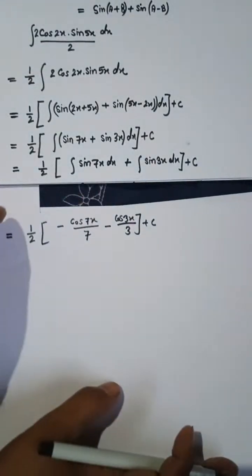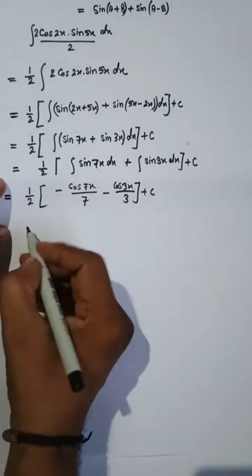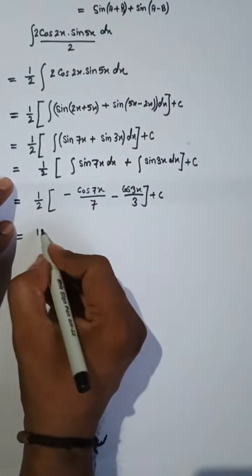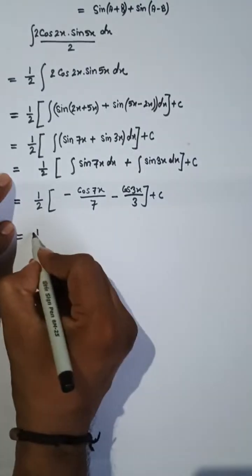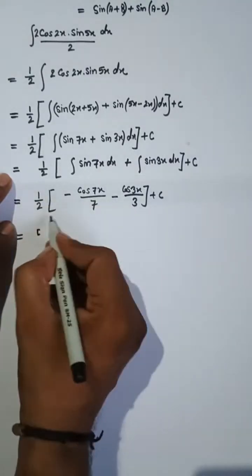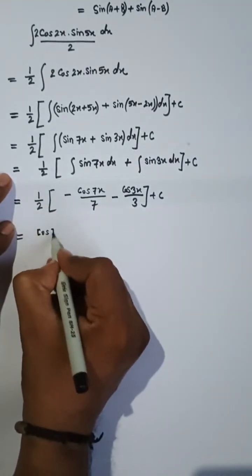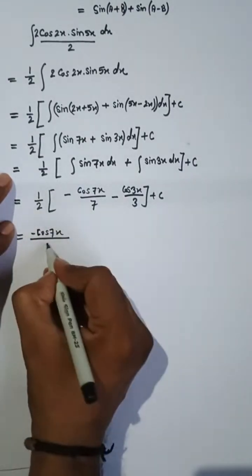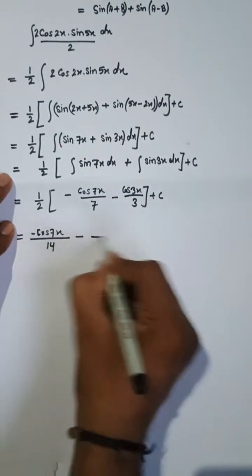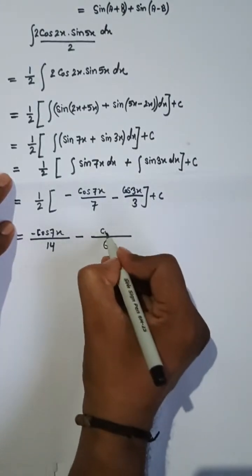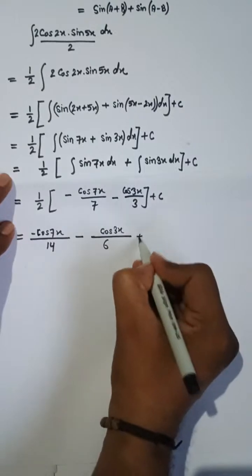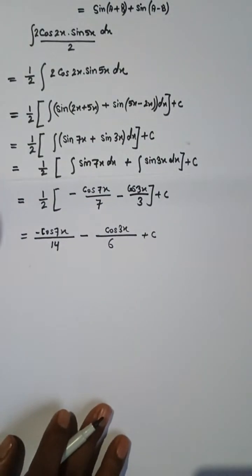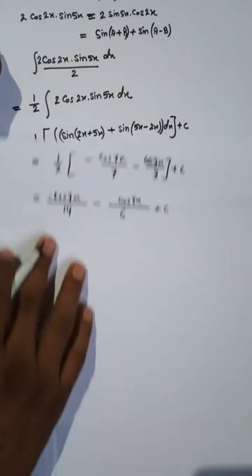So here I am putting 1 by 2, and it is going to multiply with all, so 1 into cos 7x gives us cos 7x, and negative is there, so negative, and 2 into 7 is 14, minus 2 into 3 is 6, cos 3x plus c. So this is the solution of this problem. Which problem? You can see this one,